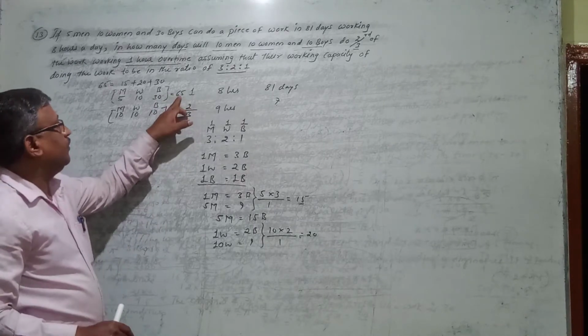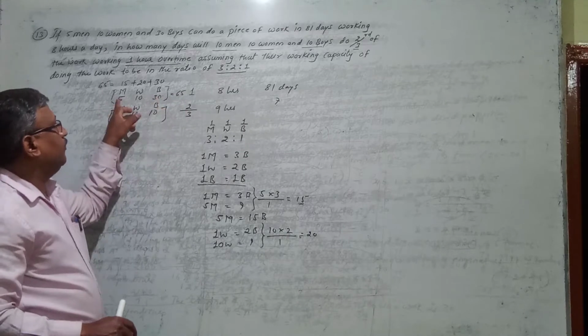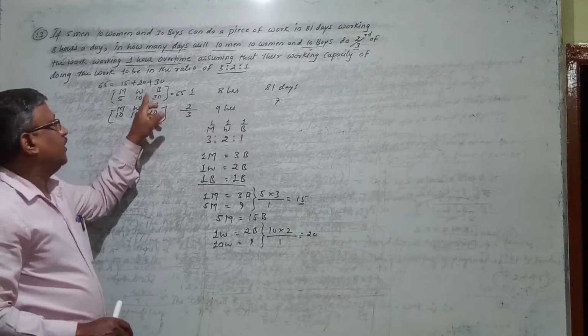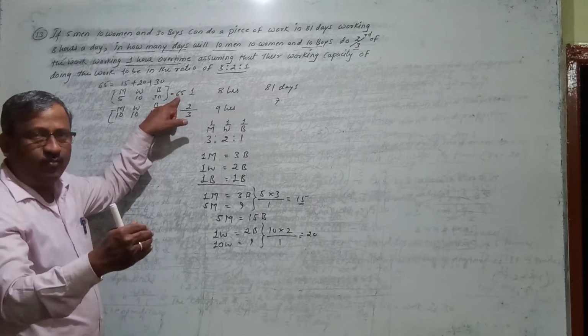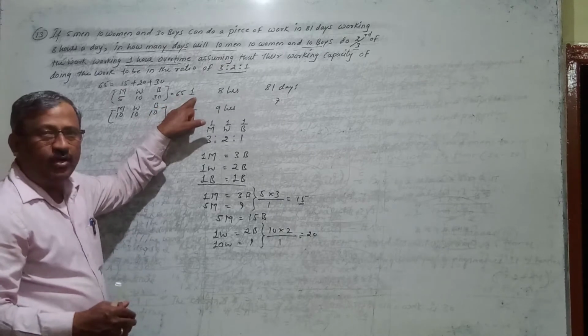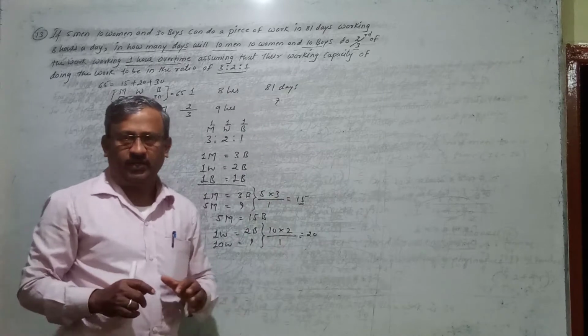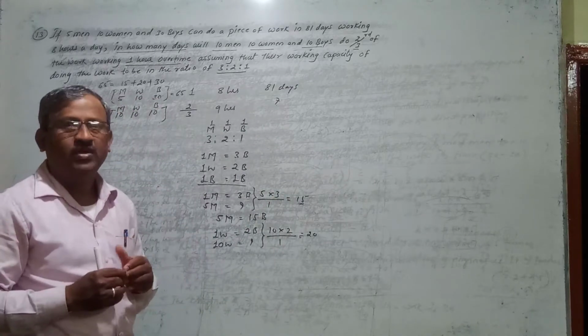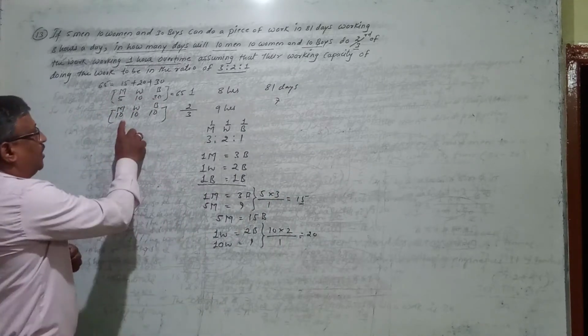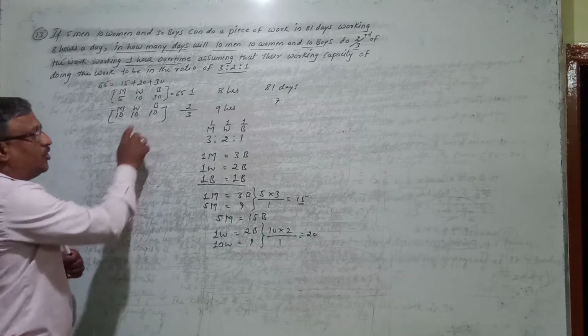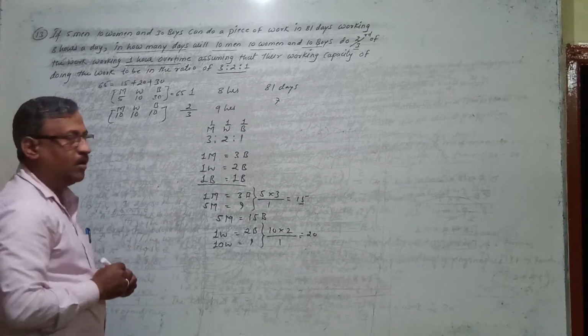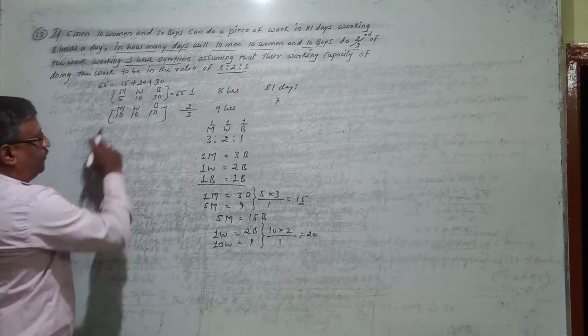Right? If you don't want to employ this group, in that place if you put 65 boys, so 65 boys can do the full one work, working 8 hours, in how many days? 81 days. Because the capacity has become now same. Like that, in the same manner you have to find out the capacity of this group in form of boys.